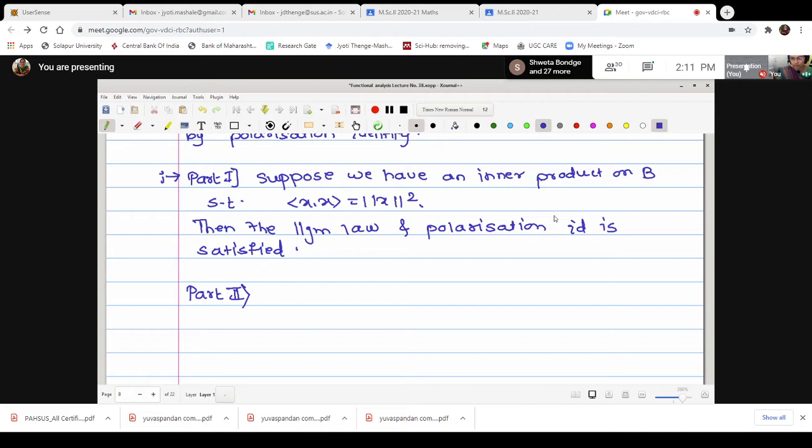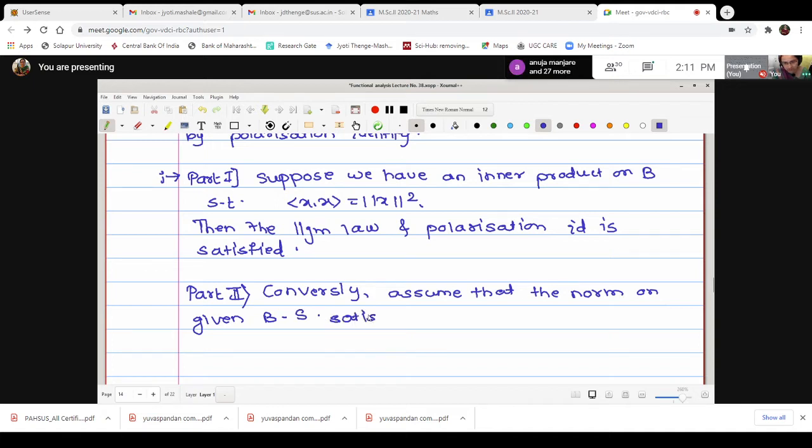Okay, we will start with the proof. In the reverse part of the proof, we should conversely assume that the norm on the given Banach space satisfies the parallelogram law and defines, for any x, y in B, the inner product as